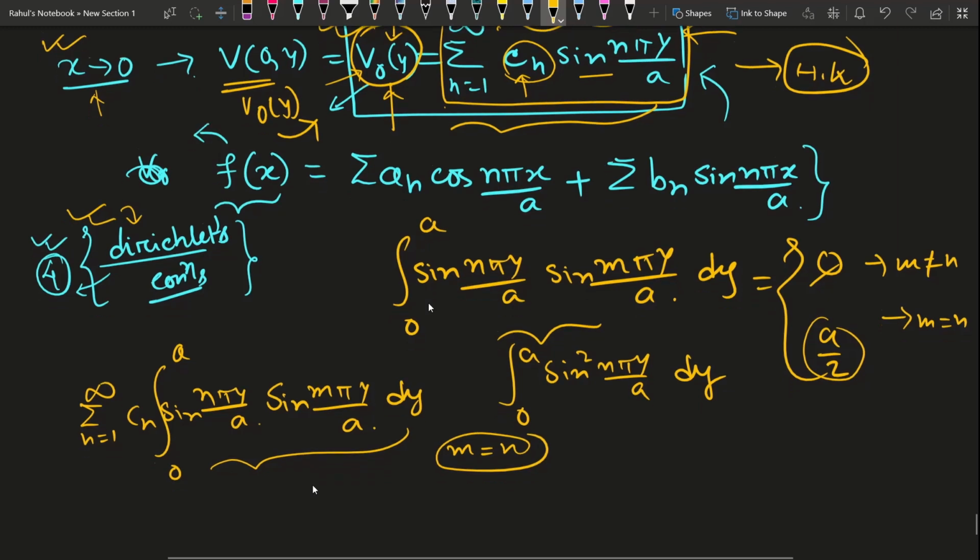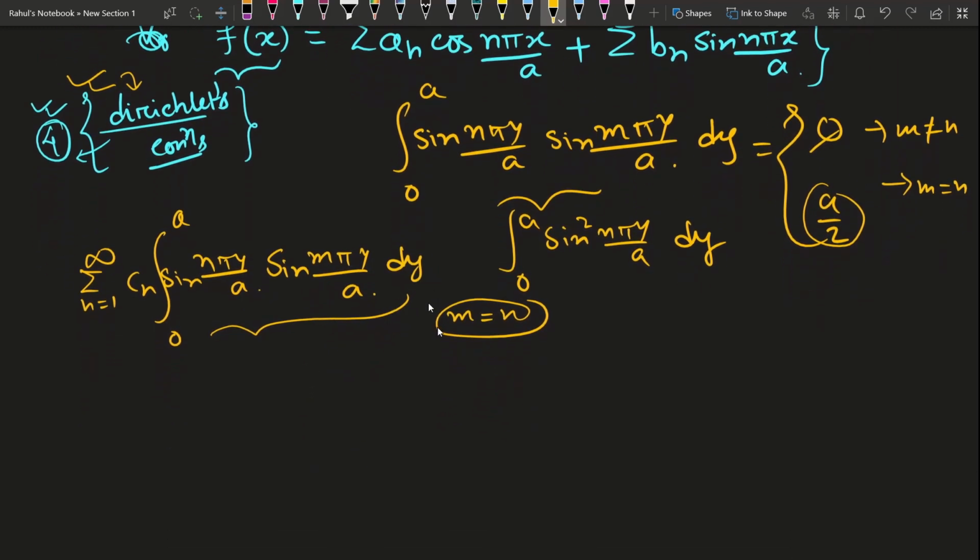So we are just considering the condition m equals n. That means Cn sine square n pi y over a dy, integration 0 to a, summation n equals 1 to infinity, is the right-hand side, and the left-hand side will become